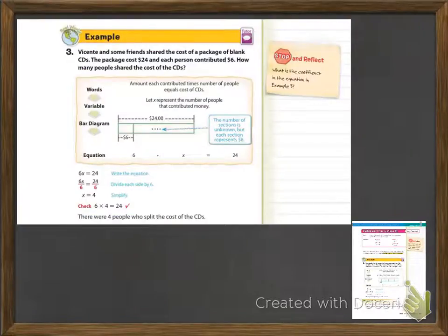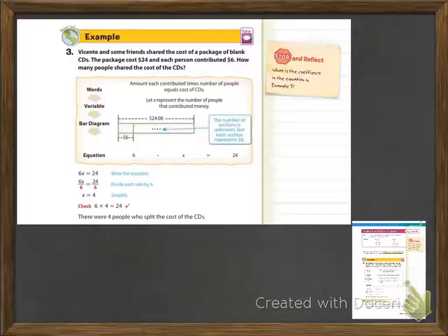So let's look at example 3. Here it reads, Vincent and some friends shared the cost of a package of blank CDs. The package costs $24 and each person contributed $6. How many people shared the cost of the CDs? So this word problem is telling you that Vincent and a few of his friends, and we don't know how many,